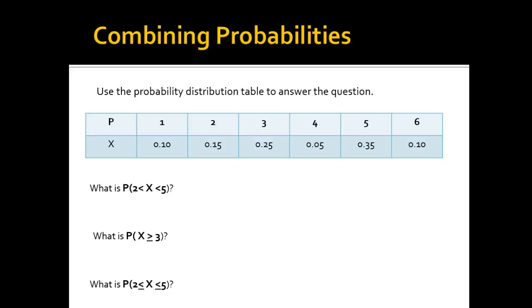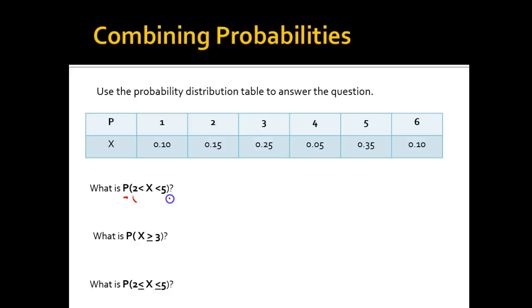Use the probability distribution table to answer these questions. There's 3 questions here. I also have a mouse somewhere. Okay, there it is. The 3 questions are all asking what is the probability of this. And so let's just read the first one here, P, that means what's the probability, parenthesis, of